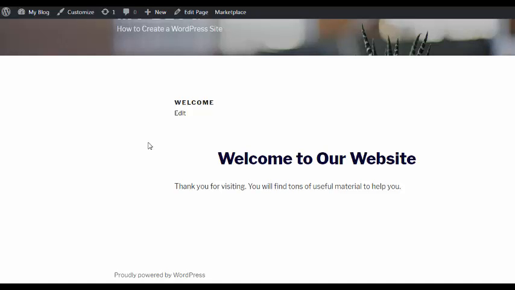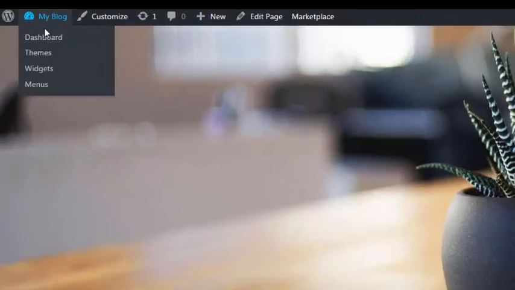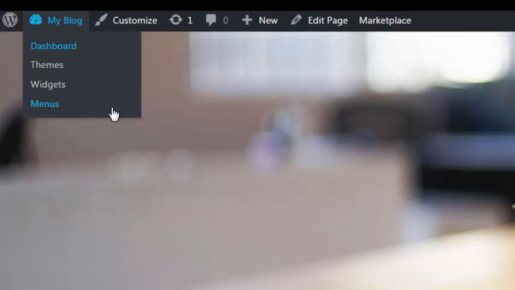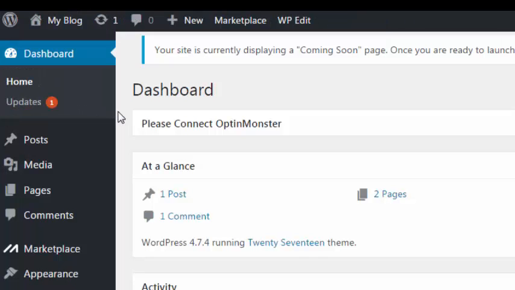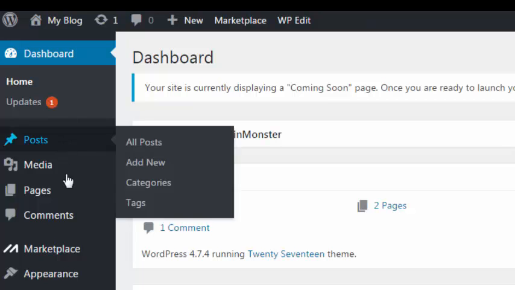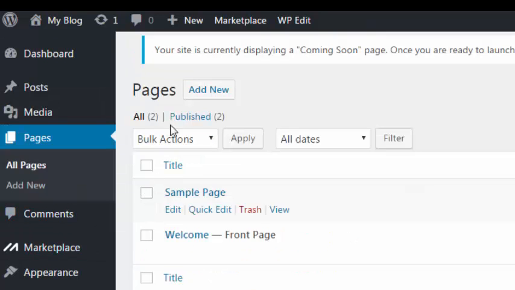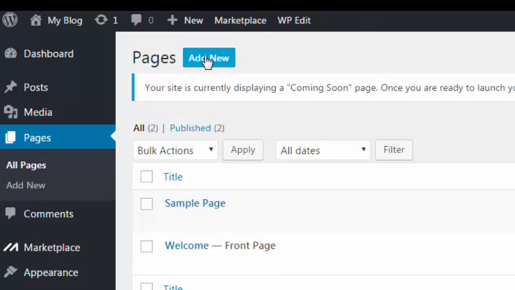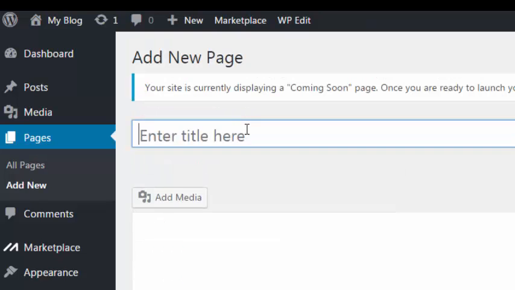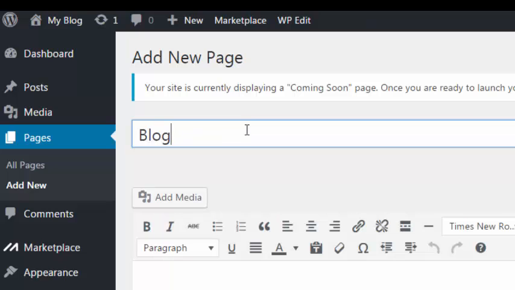Okay, so we're going to go back to the dashboard. And we're going to go to Pages. I've hit All Pages this time. You can add a new page from here. And this is all you have to do for your blog. You simply create a page called Blog,